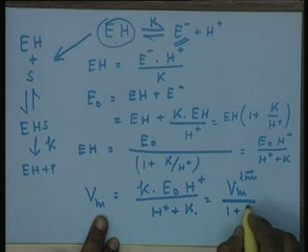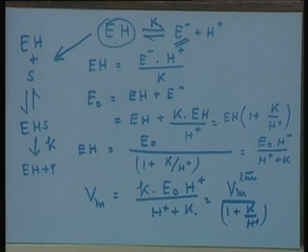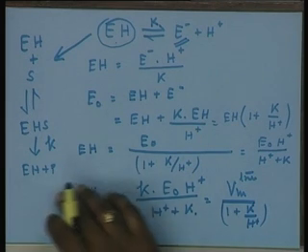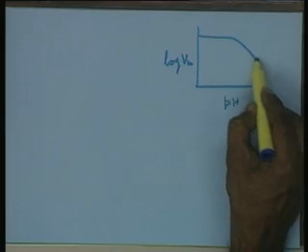your 1 plus K upon H. Essentially you arrive at such a relation whereby you see the Vm is affected by a factor 1 plus K upon H. Of course, in such a case, if you plot the profile of pH, which is the negative logarithm of the hydrogen ion concentration, with log of Vm, you end up with a profile like this.